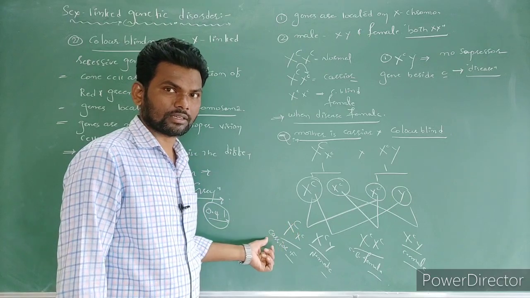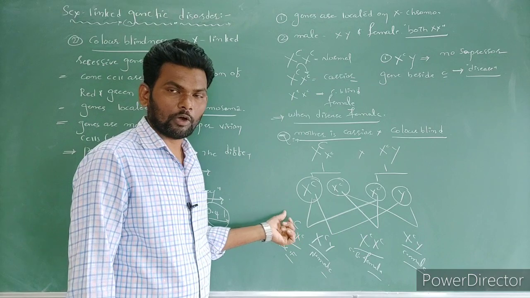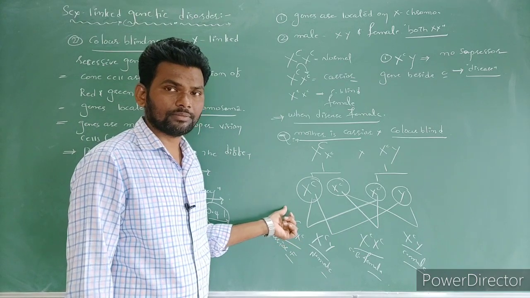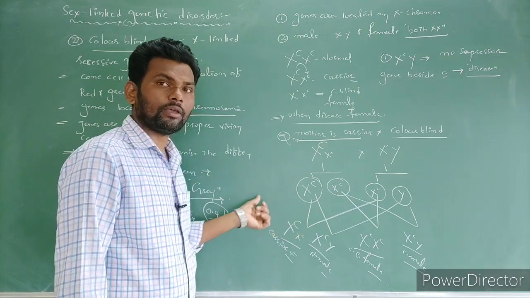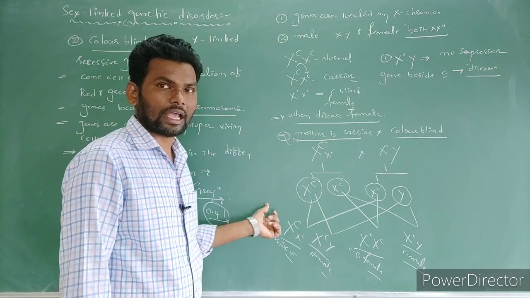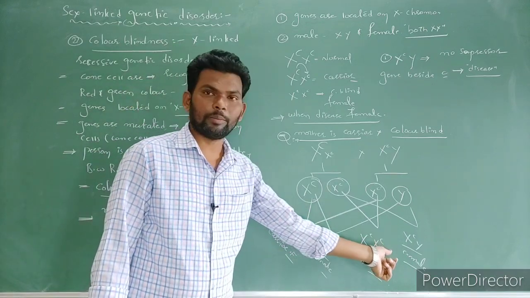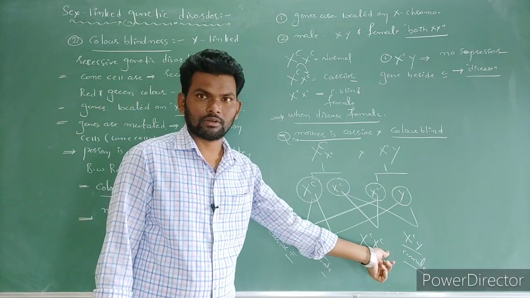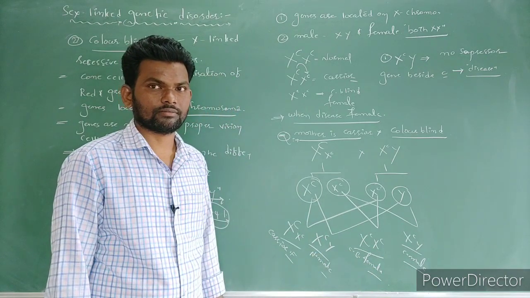And the second type of question is, regarding gender, he will ask how many males are normal, how many males are carrier, how many males are affected. In female, how many females are normal, how many females are carrier, how many females are affected. And you know very well, in males there is no carrier, right? So this is information regarding color blindness.